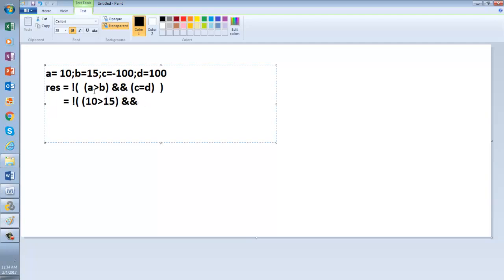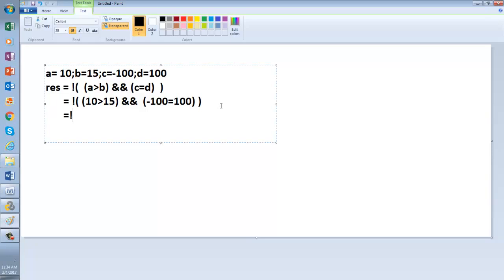If you use a single one, it is called ampersand. And then we have c, which means negative 100, equal to plus 100. Now you come to the next line.